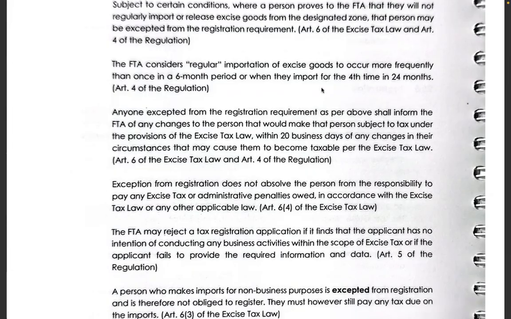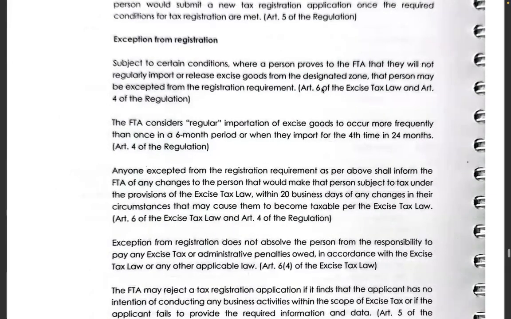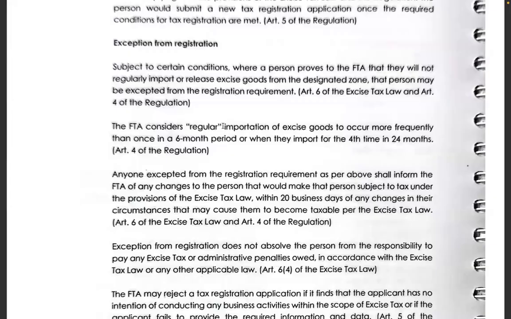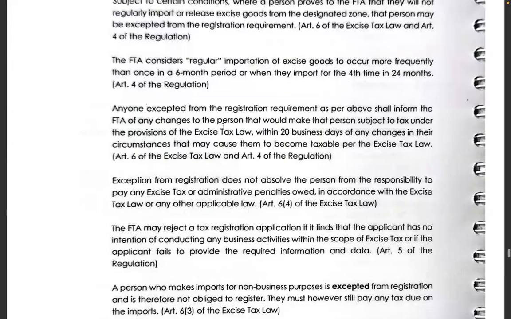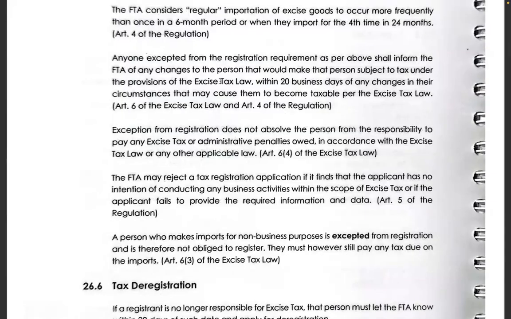If they don't do that, then it will not be regular importation, and the person may be granted an exception from registration. Anyone accepted, this accepted means excepted. So